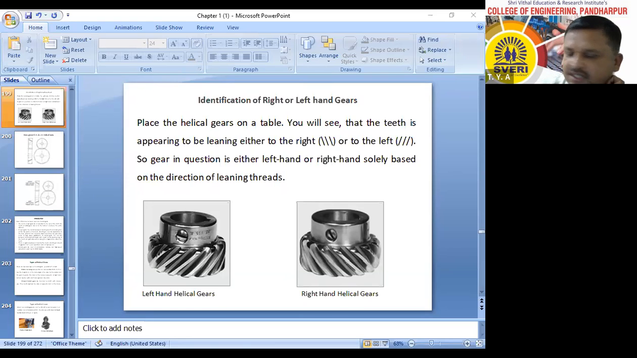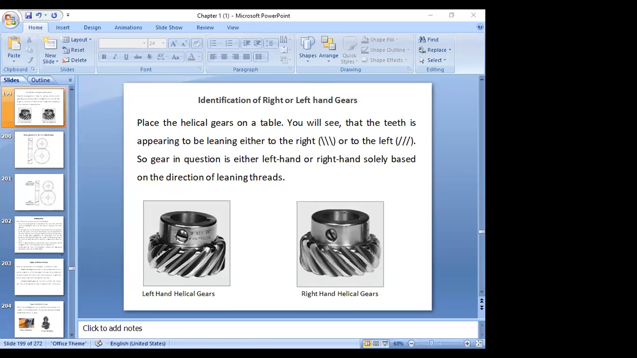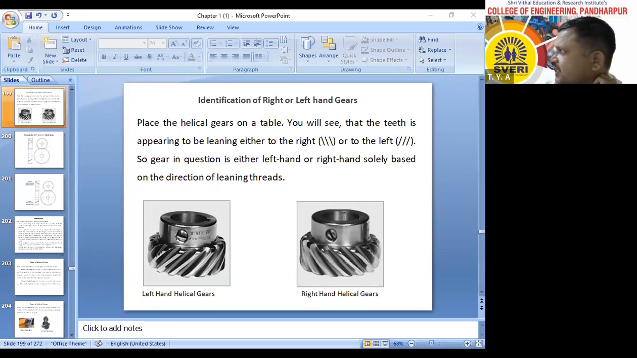Okay, now you just see what is meant by left hand helical gear and right hand helical gear. First of all we will see right hand helical gear. This helical gear is there. Its teeth are inclined like this towards right side. Therefore it is known as right hand helical gear. How to identify? Now you just see,